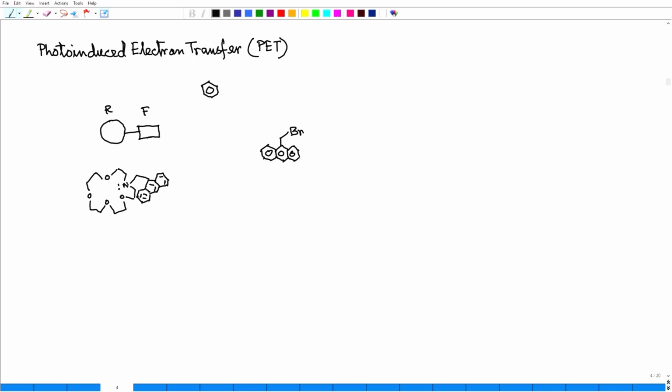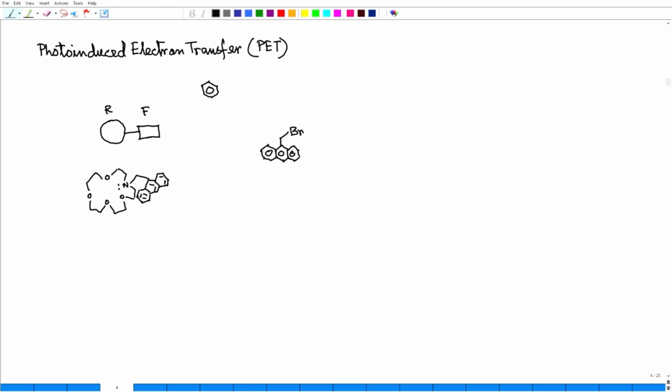That NH can be replaced and it can go here, so this anthryl group is attached to this particular macrocycle. So, here is a fluorescent signaling system that will work on